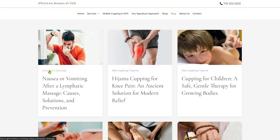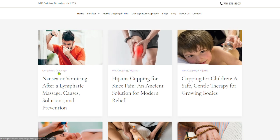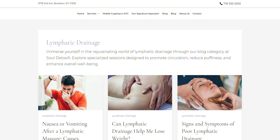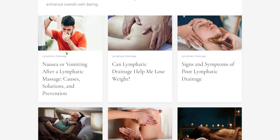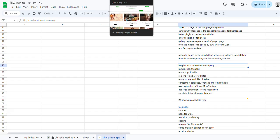Okay, there you go. I think you can see how it is here. If I want to, the picture has to be clickable. The picture redirects to the blog post. But then, if I only want to see posts with lymphatic drainage, I think you can see they are all well laid out here. For example,